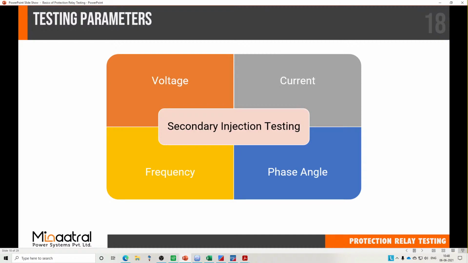Over here today, we'll be looking at the Omicron CMC to inject certain parameters into the relay from the secondary side of your instrument transformers. The reason why we call it secondary injection testing is because we are injecting from the secondary side of your